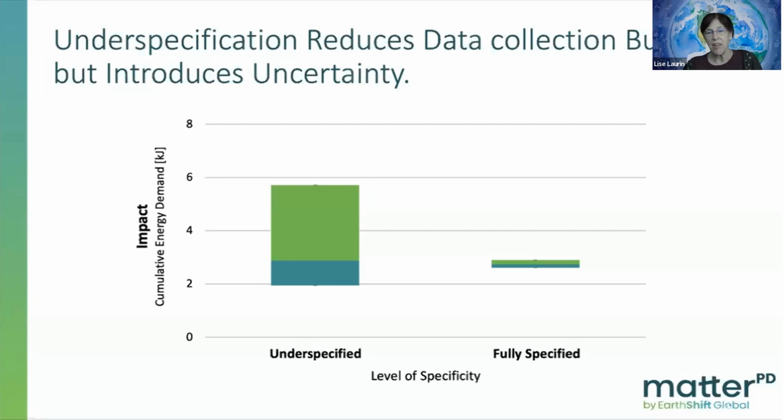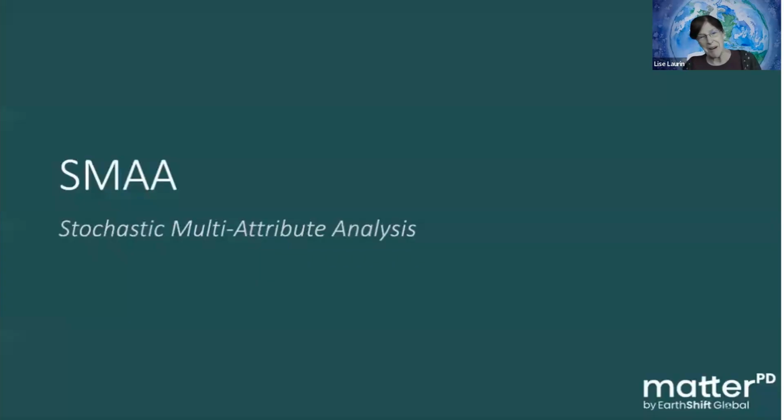And if you find that something that you've underspecified, say the thermoplasts in that toaster model, doesn't make a difference to the overall environmental impact, well, then you can use all the rest of your design principles, cost, durability, all those other principles to choose between those thermoplasts. If it makes a difference, now you have the leverage to really make some change to reduce those impacts, that 80% of the impacts that are locked in, you can reduce them at that early stage. All right, let's get back to SMAA.